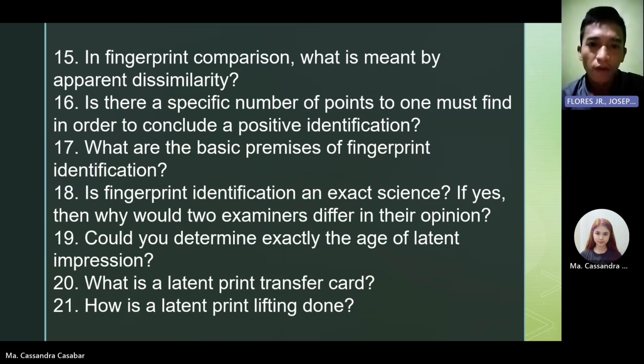In fingerprint comparison, what is meant by apparent dissimilarity? Visible difference. 16. Is there a specific number of points one must find in order to conclude a positive identification? More than 12. 17. What are the basic premises of fingerprint identification? Uniqueness and persistence,